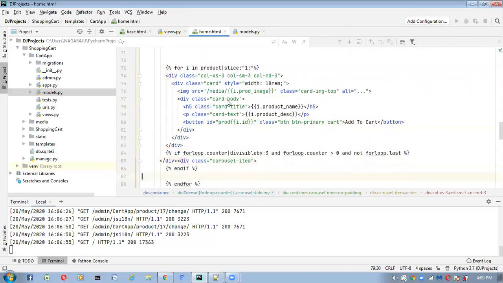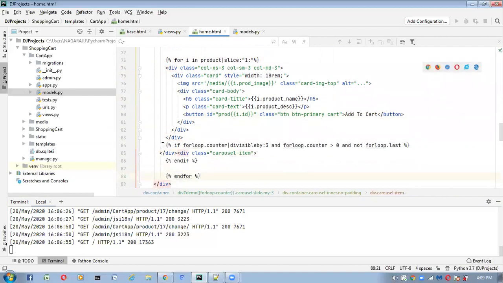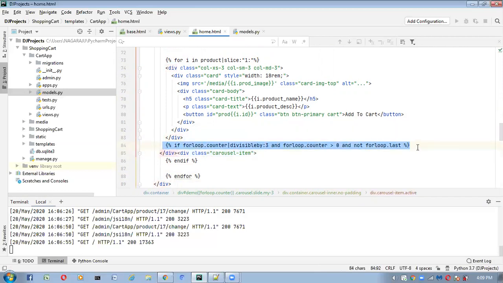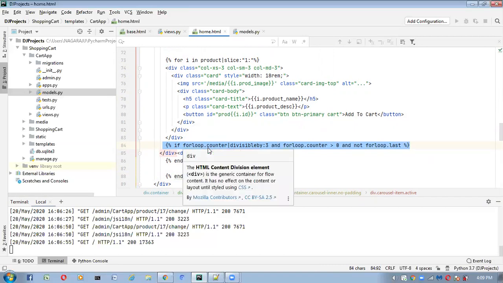One more thing: in previous videos I already explained this condition. Here we are taking forloop.counter, which gives the index of the for loop, and I'm checking if it is divisible by 3. Divisible by 3 means, at that time I explained in the style 0, 1, 2, 3 like that. But here we have to take divisible by 4.